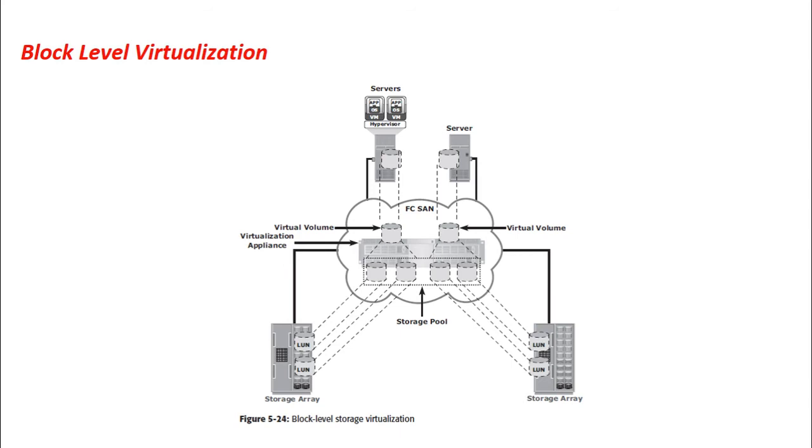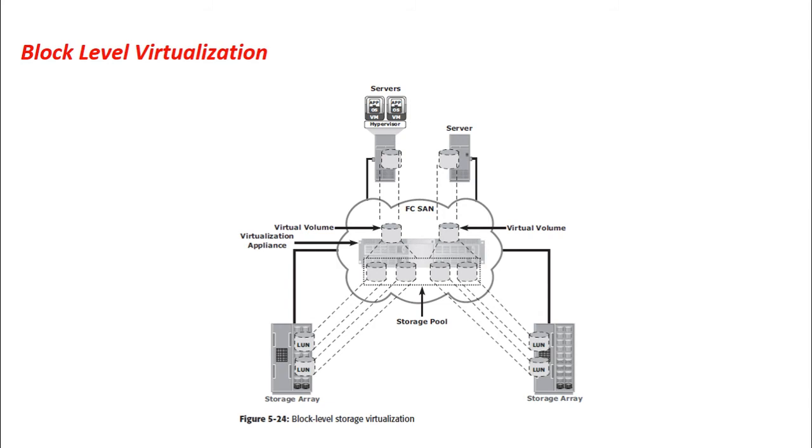For the hosts, we have the hosts here in these diagrams. For these servers and the storage arrays, the virtualization layer appears as a target or the initiator. What does this mean? A storage array can see only up to this level. If this is the initiator, the virtualization appliance acts as a target. Now if this virtualization appliance is an initiator, the server will be the target. The servers and the storage arrays can see the virtualization appliance either as an initiator or a target device.